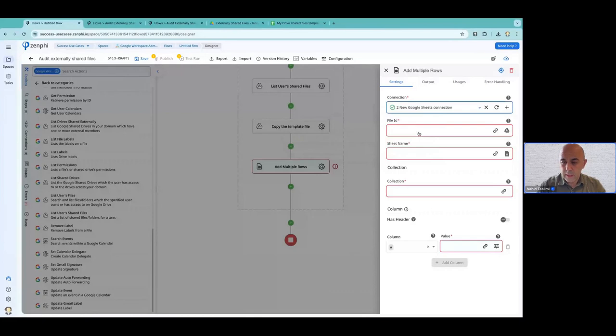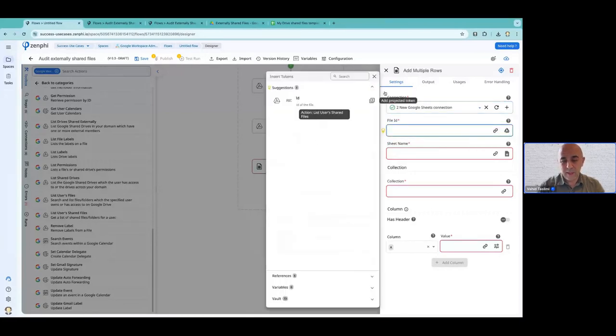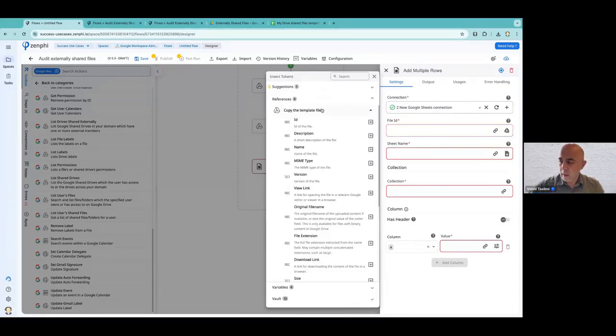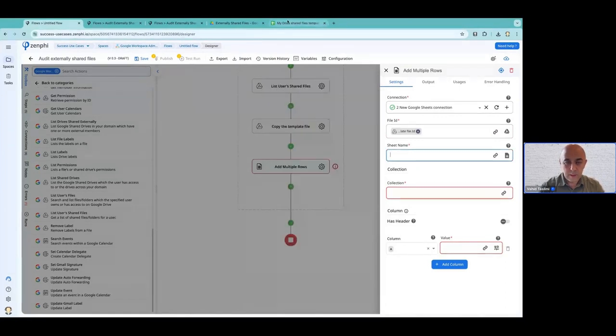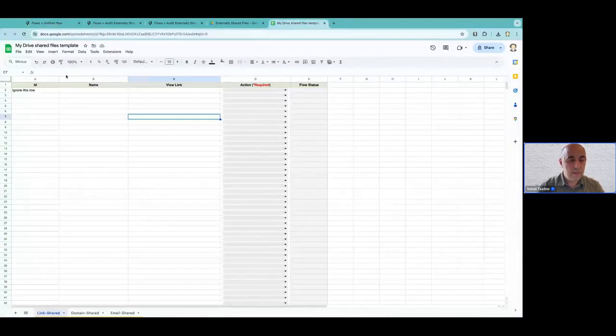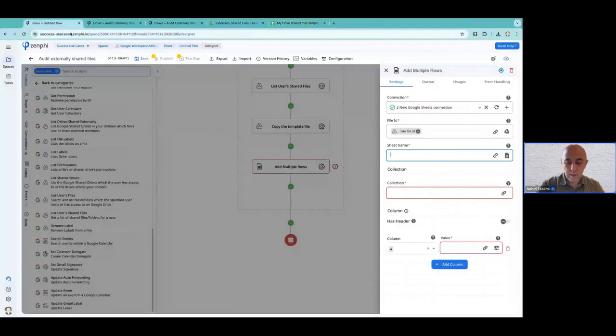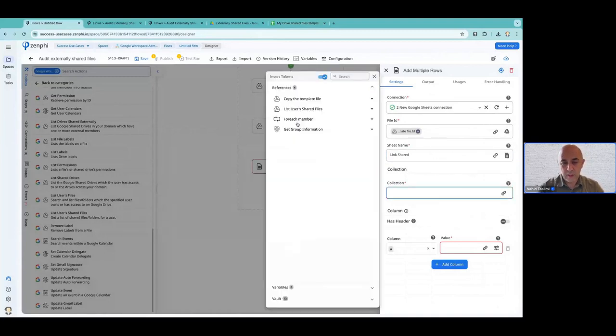Configure the action. Okay, file ID. Now the file ID is going to be dynamic. It's going to come from, I can reference the previous action here, the file ID. The sheet name is going to be link dash shared. And I want to map this collection of the files that you have found and add them